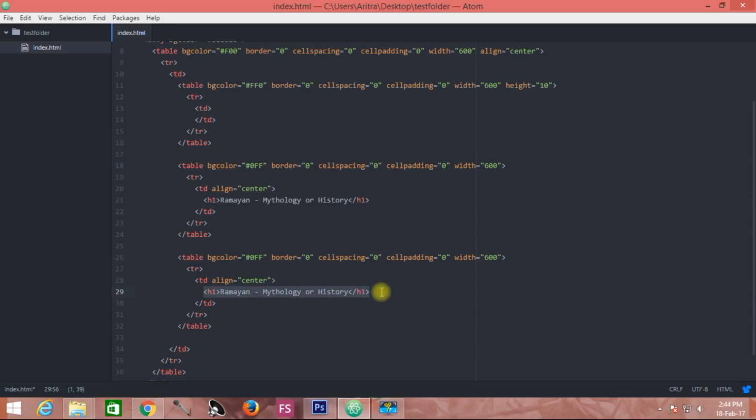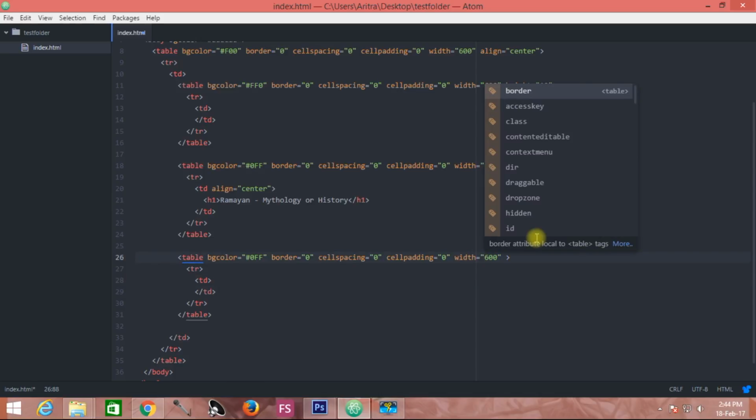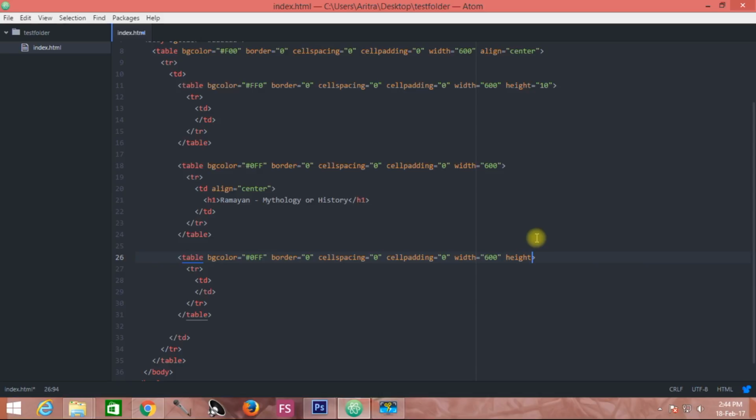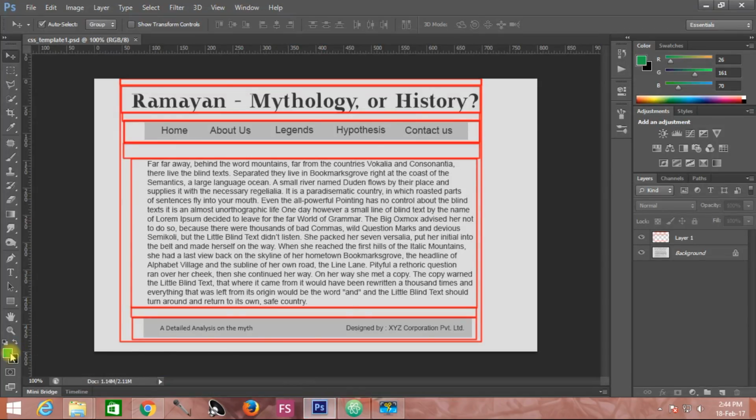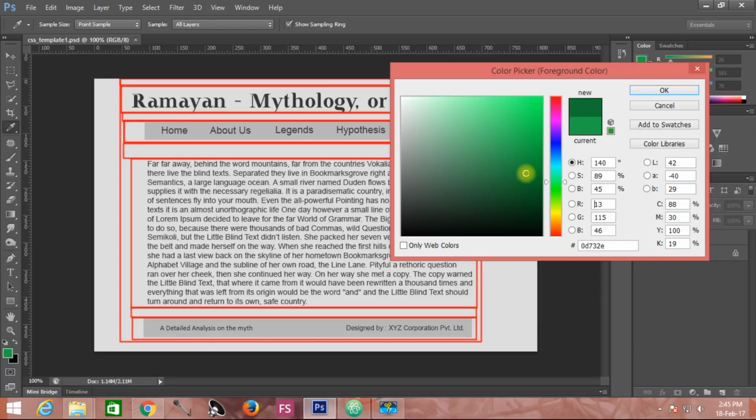Now as it is, no tagline is needed over here. The purpose of this table is to produce that particular gap. So we don't need this tagline, neither do we need this alignment of the table. All we need here is just to specify a particular height, a height of 10 pix again, and a BG color, a separate BG color that we may choose from our background over here.